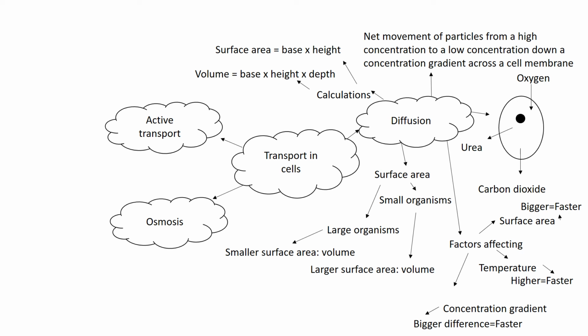These ones are a lot shorter than the diffusion one, especially active transport. Osmosis has a little bit more information, but it's very similar to diffusion. So if you already know parts of it, because it comes up in diffusion, then you don't need to include it. So have a go at completing your mind map on transport in cells